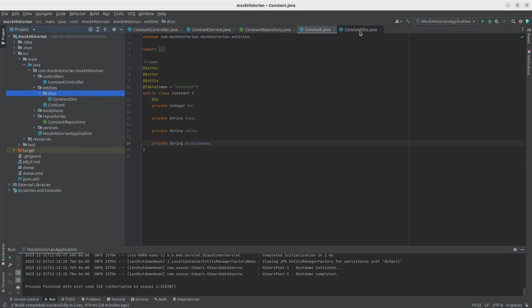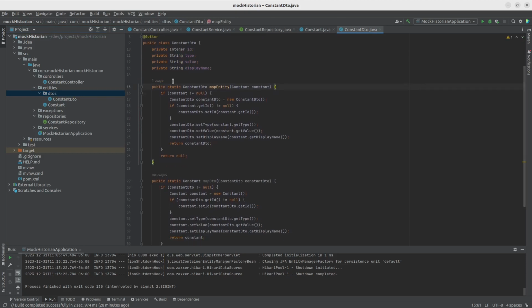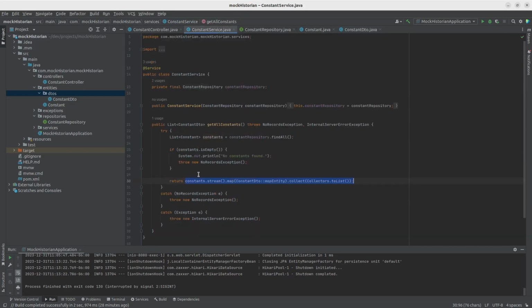It's essentially a lighter weight version of that entity, more or less just a struct. It's going to be the thing that's turned into JSON, minus these functions here, which convert constant to constant DTO or vice versa. So that's what this line here is doing, just mapping over those, turning them into DTOs and then returning them to the front end. So we can start this up and